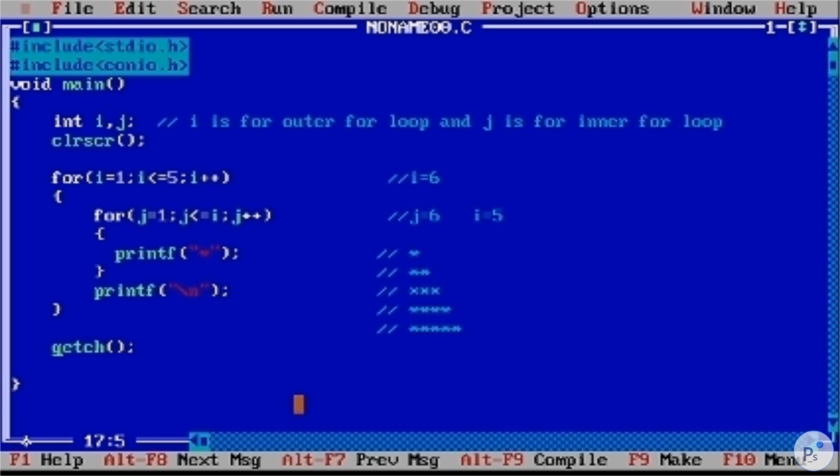It's a little bit difficult to understand the first time, but after you understand this, you will master the for loop for sure. If you understood the for loop, try to print this kind of pattern, like stars in the reverse order, and this way too.